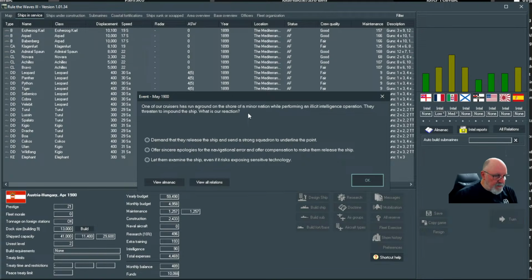Demand that they release the ship and send a strong squadron to underline the point. So prestige goes up, tension goes up. We don't know who that's with. So offer sincere apologies. Prestige goes down. Let's examine the ship, even if it risks